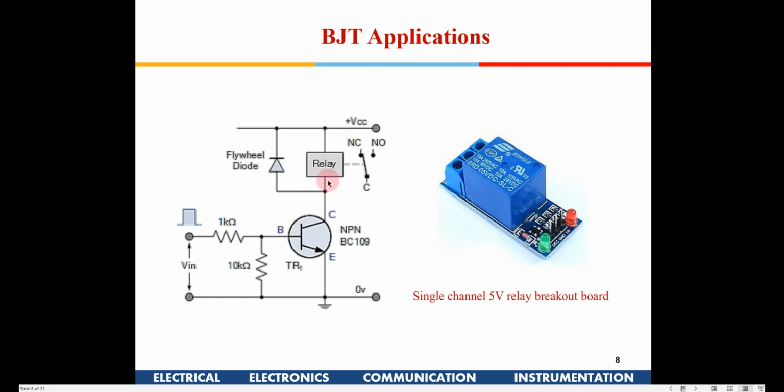Similarly, this is another circuit to operate a relay. Okay, it can be used. So you have a positive supply being given to this transistor. This will switch on. So now the relay is connected from VCC, so the relay will get activated. Similarly, if you give 0 volt here, this will be off and the relay will not be activated.